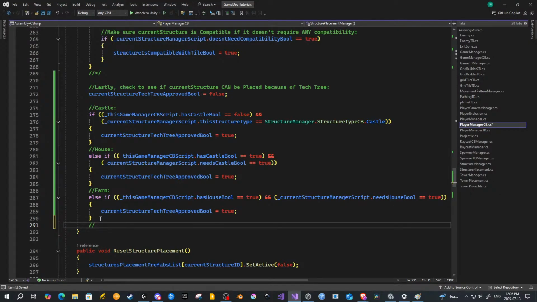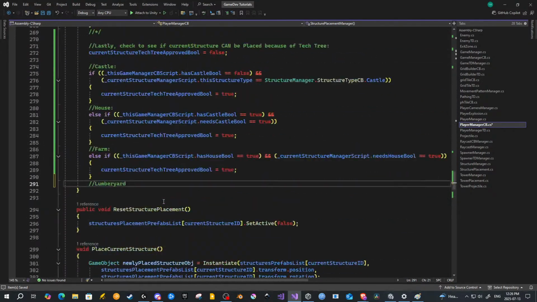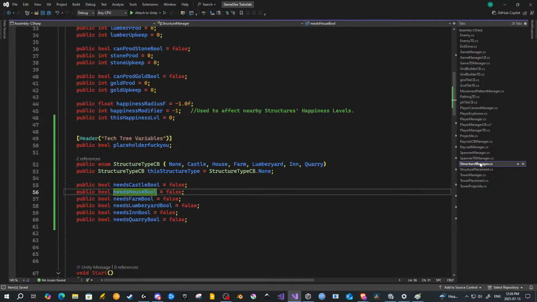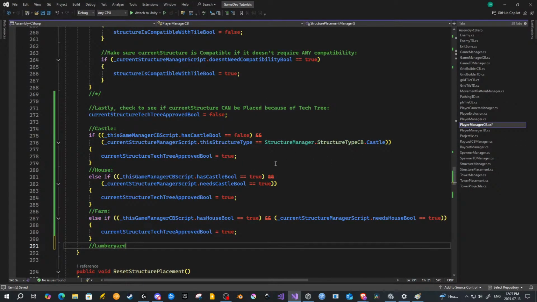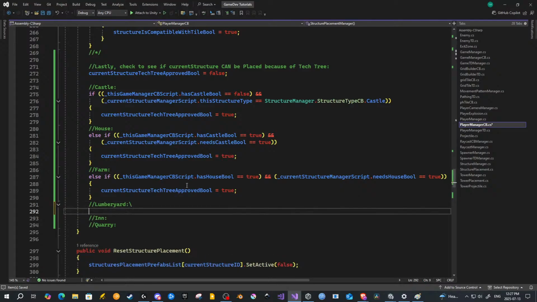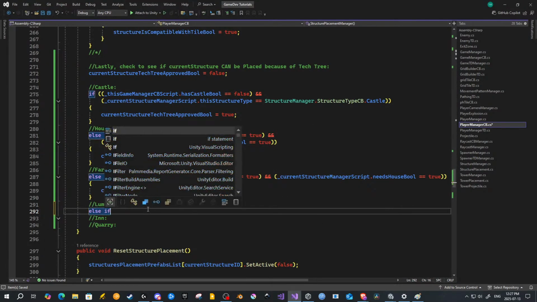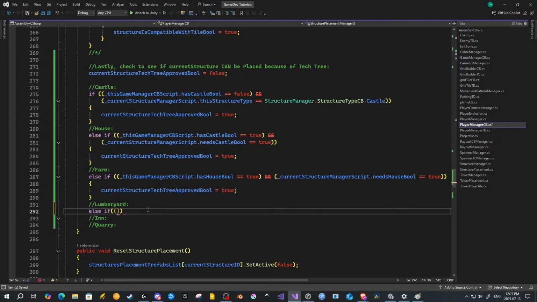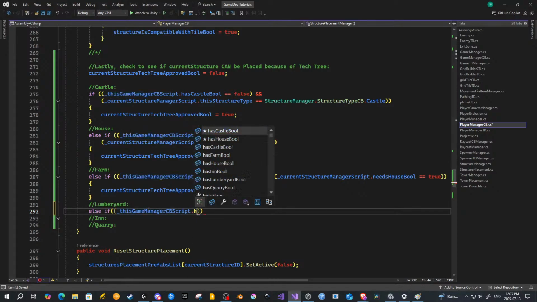Okay, so what did we have after that? It was the lumber yard, I think. Hold on. Structure manager, it was house, farm, lumberyard, inn, quarry. Okay. Lumberyard, inn, quarry. So then else if this has